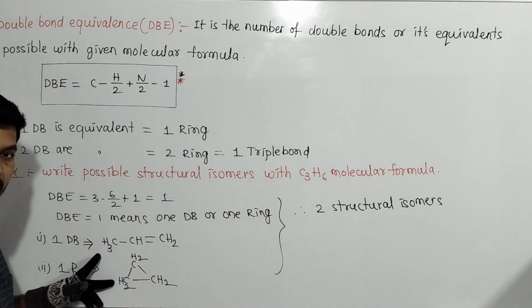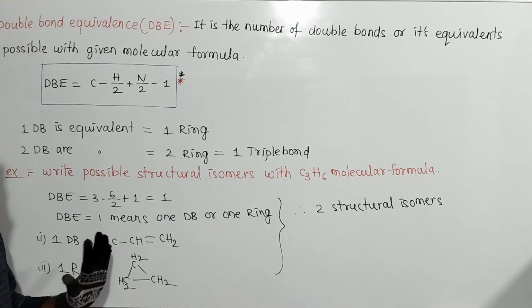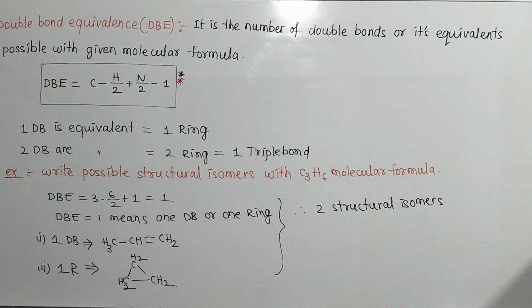They are ring chain isomers. Only 2 structural, not position, not chain. Ring chain isomers are possible. So next, in the next example,